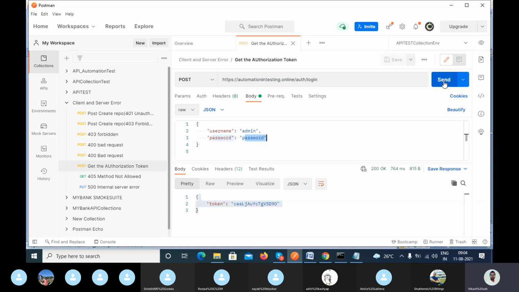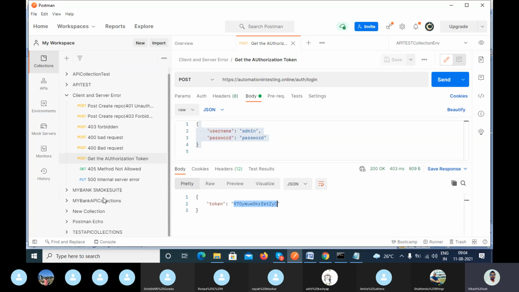When you click on send, it will go to this particular server and resource and verify that username and password. If both are correct, then it will generate the token to perform further actions. So you copy this token.